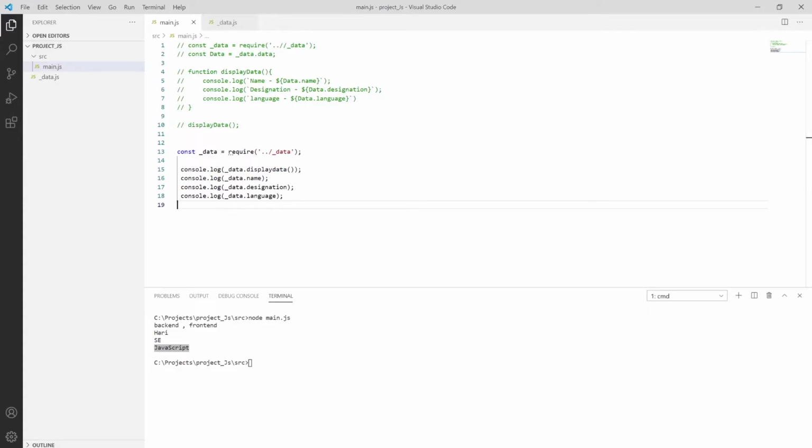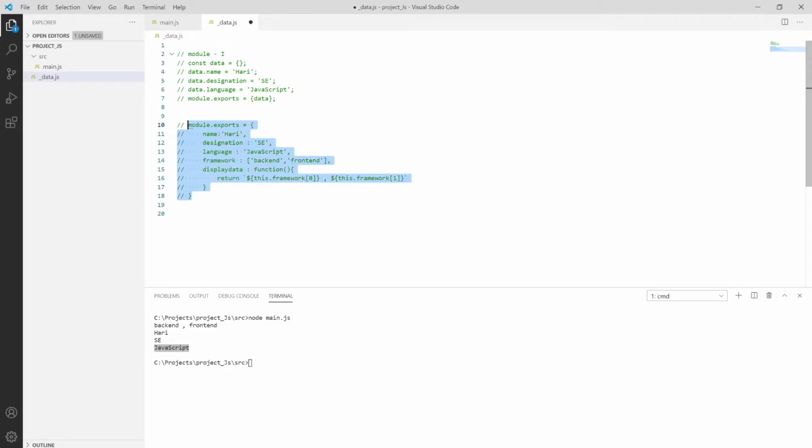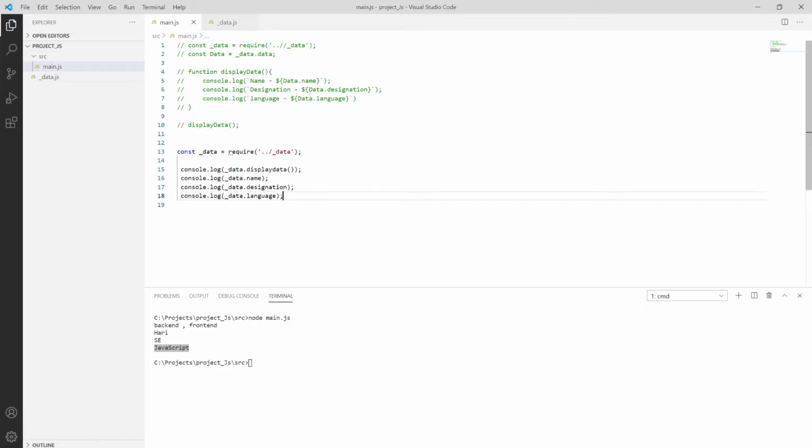So we have something module export also, which is export default function. That is part of our, say I'm commenting out this thing. This is a part of module 2 over here. Save it using Control S. Let me comment out this thing as well, saving it. So we have export default.